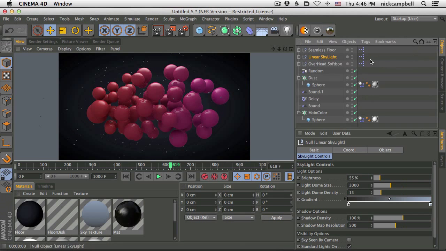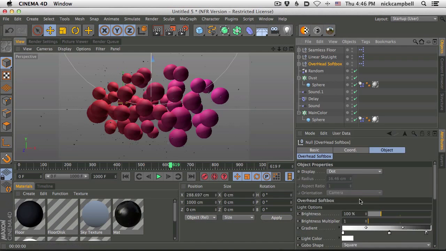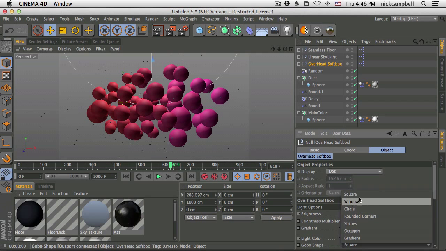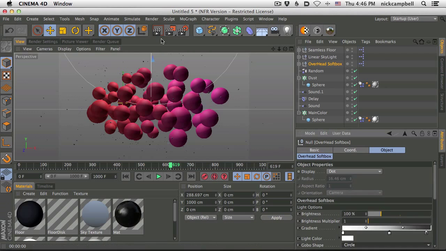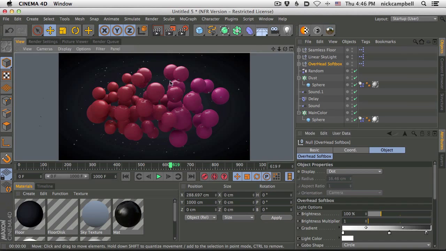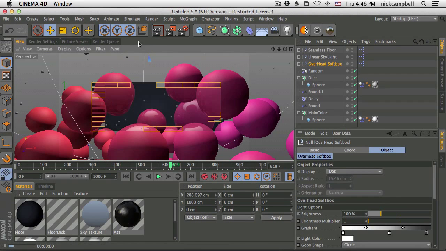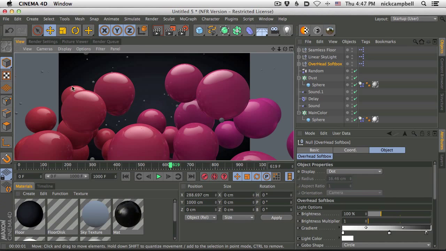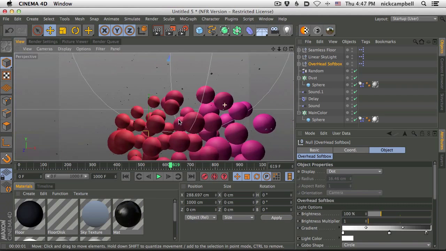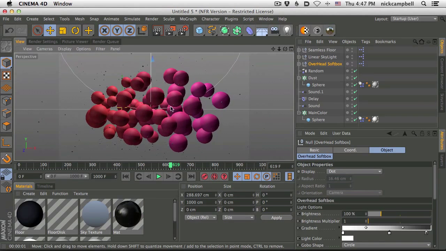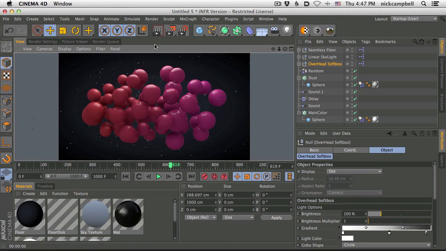And the last thing, as far as lighting is concerned, is in the overhead softbox, instead of using a square gobo, I used a circle. And what that did was give me circular reflections instead of rectangular on the top. I thought this was a nice offset for the spheres, instead of having those sharp edges. Now we have these nice little circles on top of all the reflections. And that is where it was rendered.